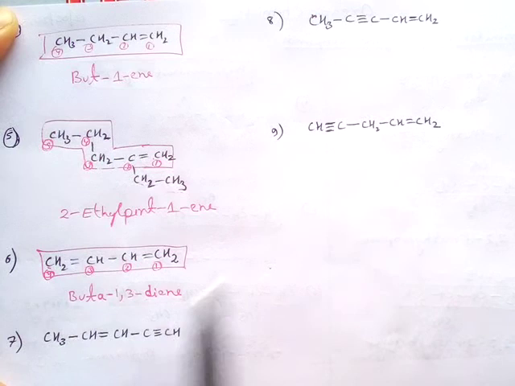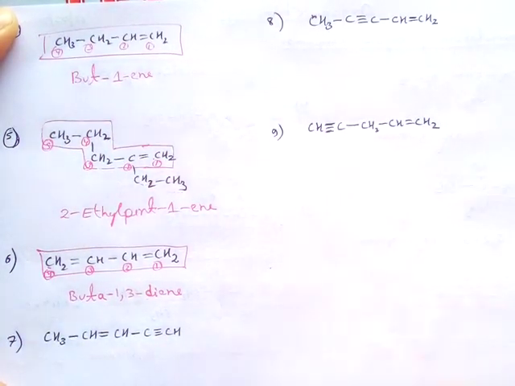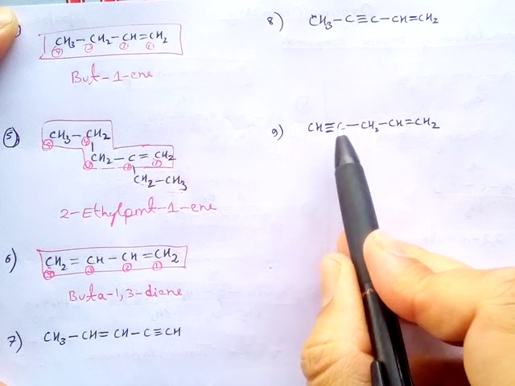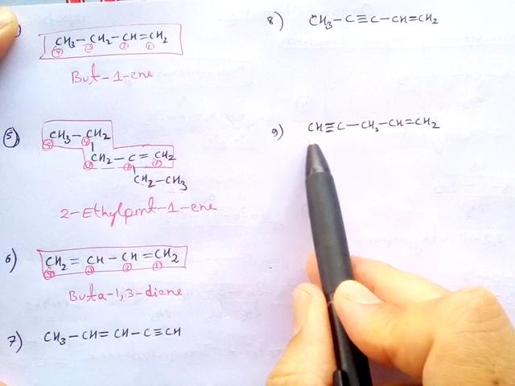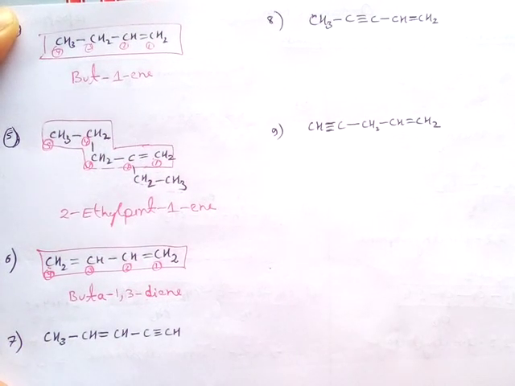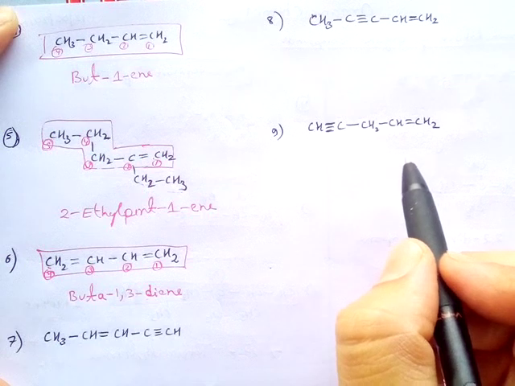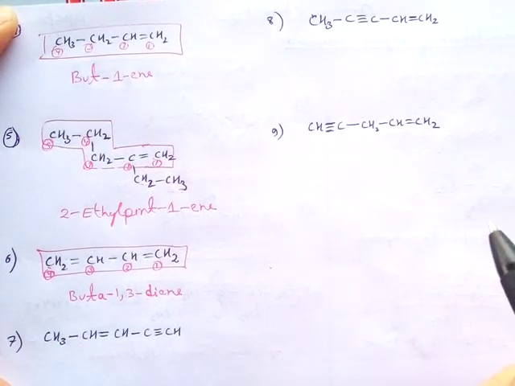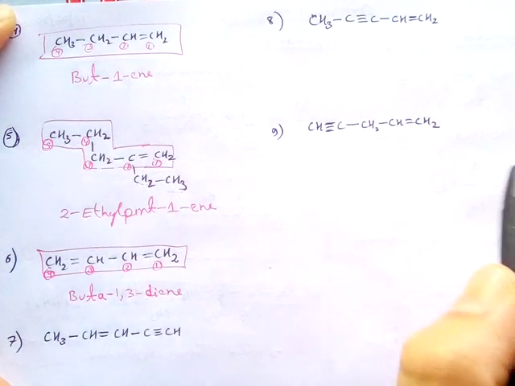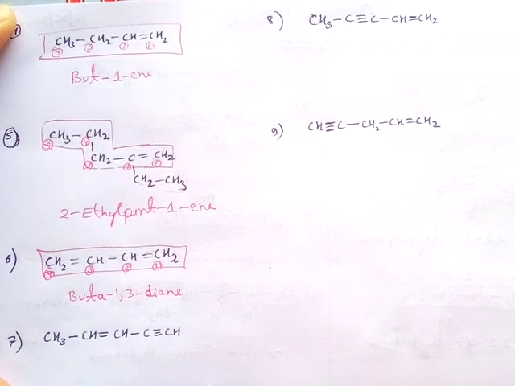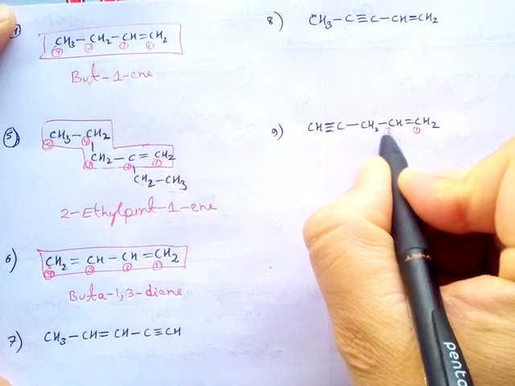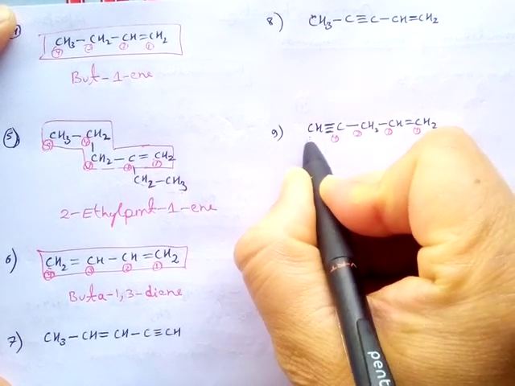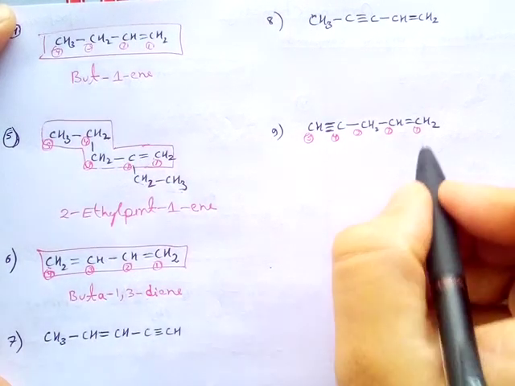I have already written 3 questions. So first look at this question. Here is 1 2 3 4 5. So there are 5 carbons, but carbon number 1 has a double bond from this side, and carbon number 1 has a triple bond from the other side. Now it is a tie condition, right? From which side will the numbering take place? According to the rule, preference will go to the double bond at tie conditions. So number 1, 2, 3, 4, 5. So its name will be